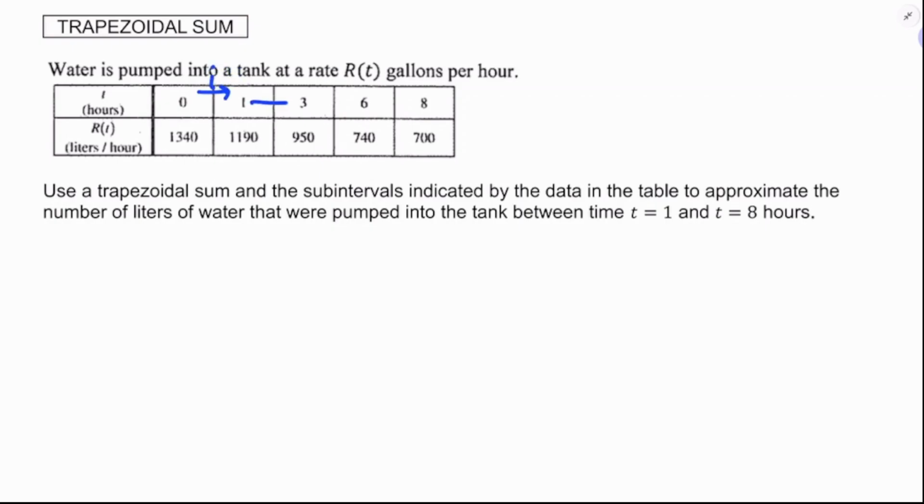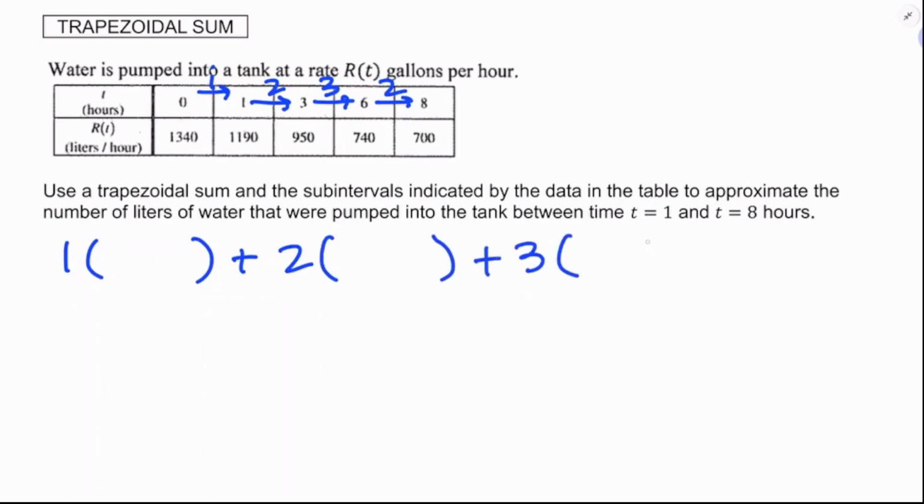From 0 to 1 is a width of 1, from 1 to 3 is a width of 2, 3 to 6 is a width of 3, and 6 to 8 is a width of 2. So I'm going to have 1 multiplied by something plus 2 multiplied by something plus 3 multiplied by something plus 2 multiplied by something. Those are the widths, and we're multiplying the widths by the average of the